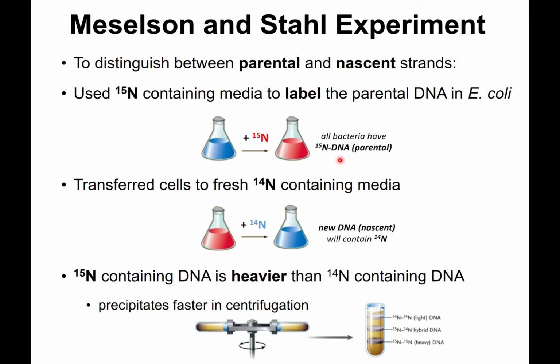Well, you can do that by taking advantage of the fact that nitrogen 15, having an additional neutron, is slightly heavier than nitrogen 14. Now multiply by the thousands of nitrogenous bases you have in the DNA, and you can see how overall a DNA containing nitrogen 15 will be heavier than a DNA containing nitrogen 14. How can you see that? Well, you can extract the DNA from the bacteria and basically let it precipitate. You can do that by leaving it on a bench. It would take forever, years and years to see that. But you can speed up that process by doing what we call